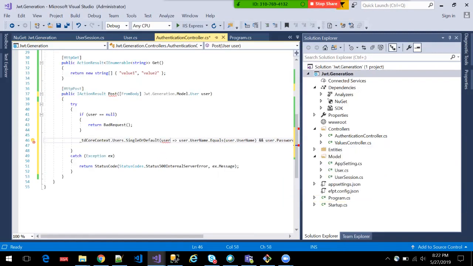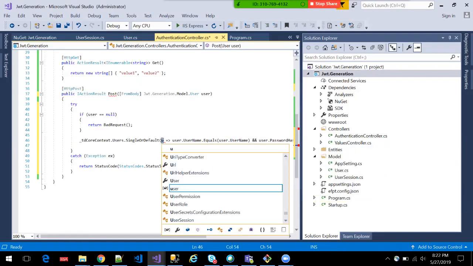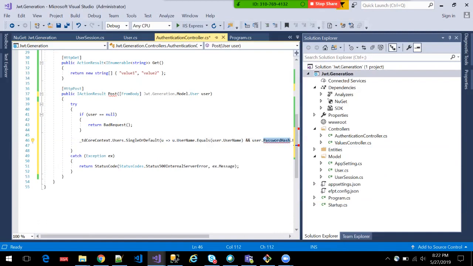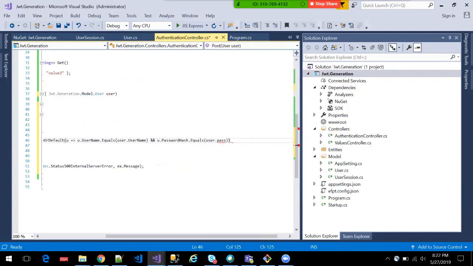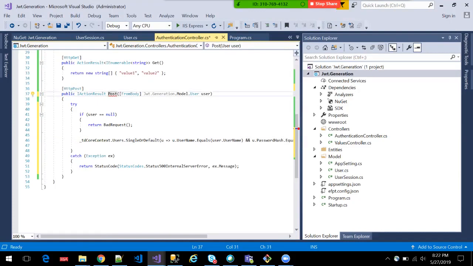Oh, sorry. I'll keep it short here. u.Username, u.Username, right? So I say that I wanted to do this task to be, I think here. So SingleOrDefault where